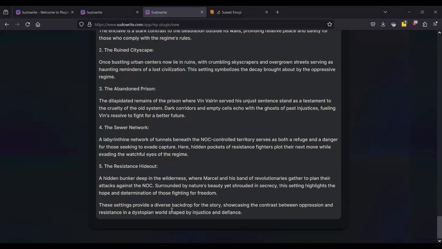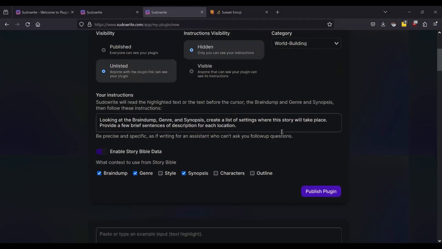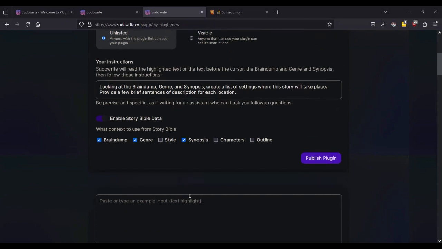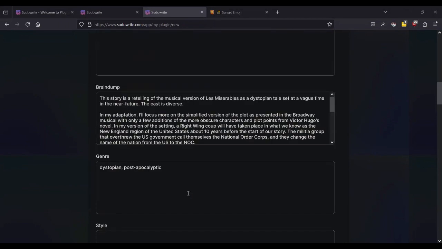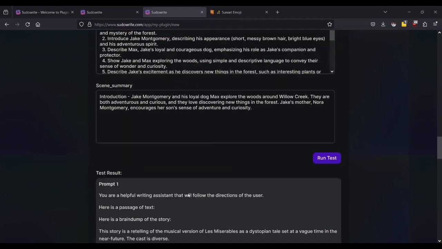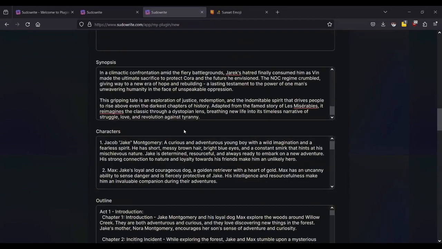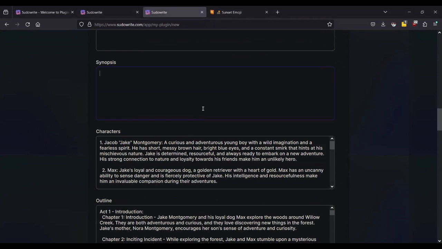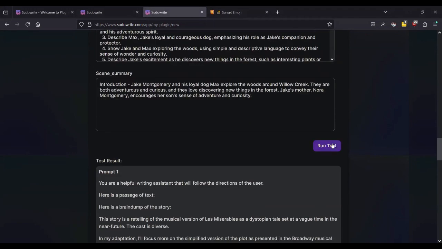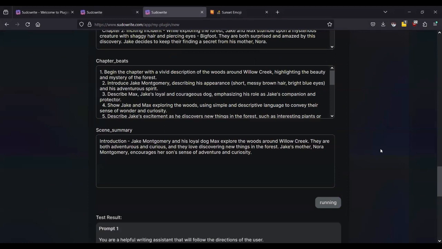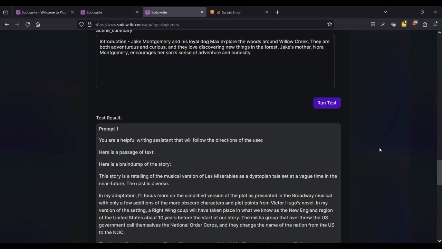So this was, I like this. This was pretty good, especially since all we did, like I said, was give it 2 sentences. We checked 3 boxes, and yeah, it gave us some pretty good stuff. Although I think I'd like to see what it does if I take away that synopsis, which I didn't originally have. And we'll just see how it does without that, because you can run plugins without all of the Story Bible information. They just tend to work better if you use all of them